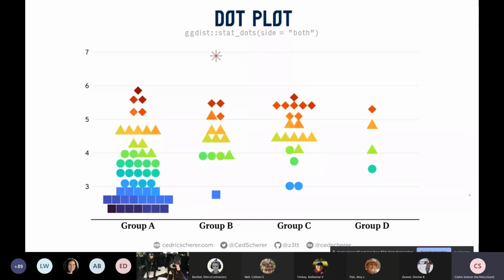And there's a drawback of these. You should be aware that these are binned plots, so they bin the data. So this is a very colorful and silly graph here. But what I did here is basically I mapped the shape to the integer number of each data point and the color to the first digit of each data.